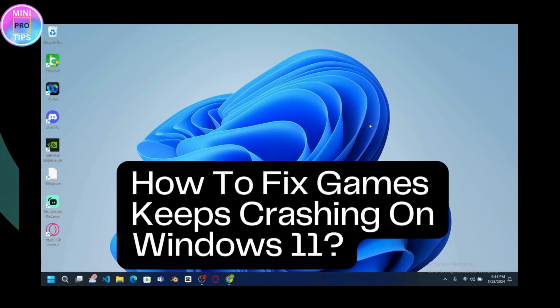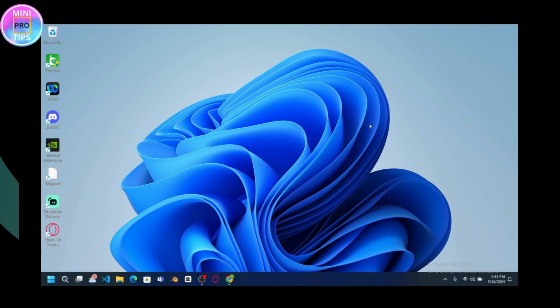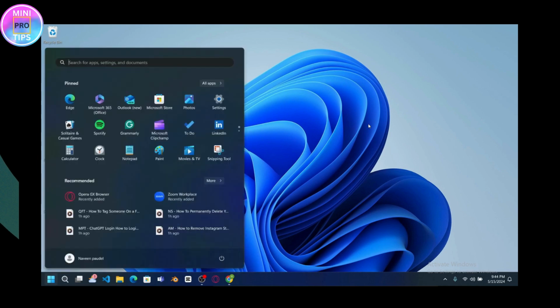How to fix games keep crashing on Windows 11. So if you want to fix games keep crashing on Windows 11, we'll be doing some simple steps. So the first one is you need to simply go for the search or go for the Windows and type